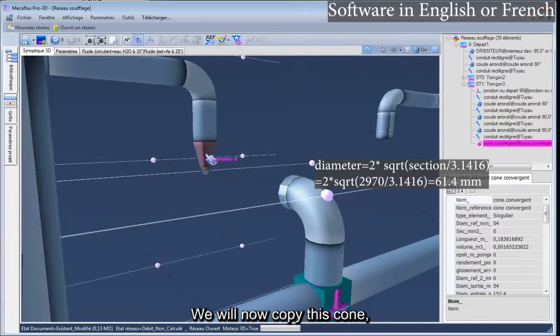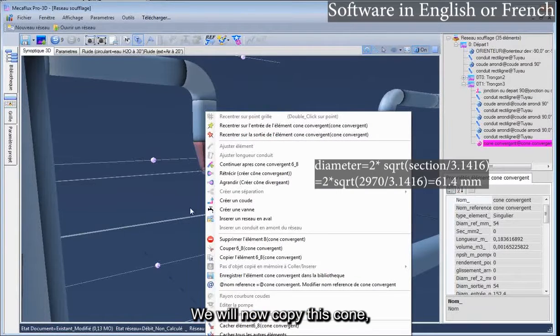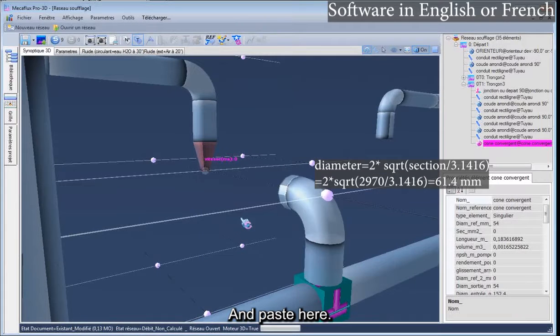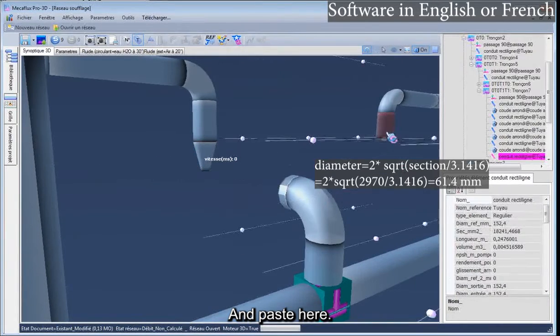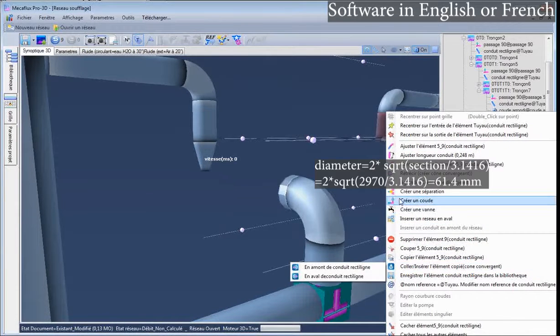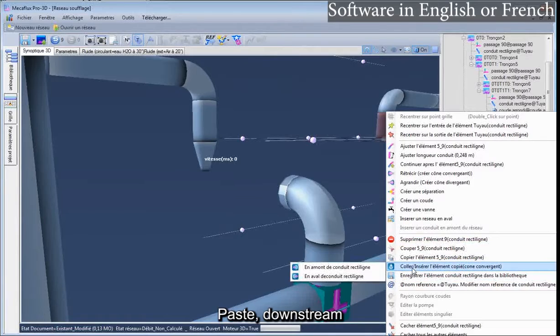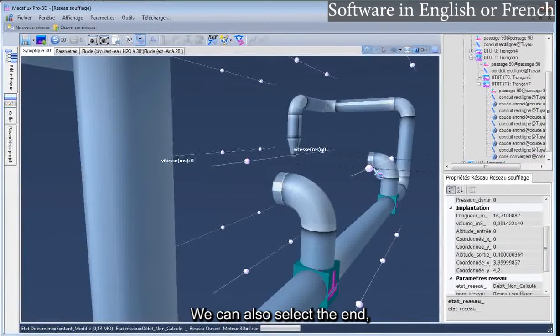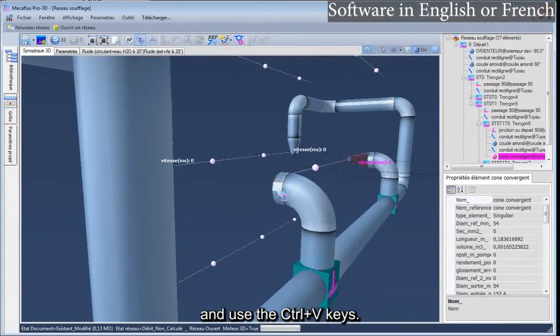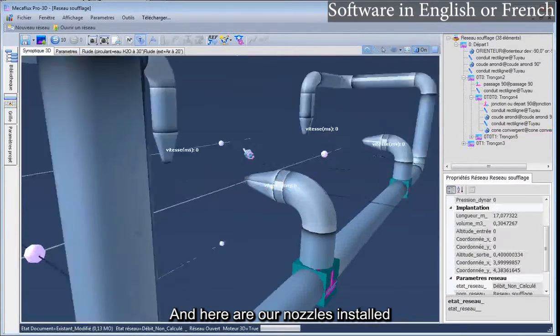We will now copy this cone, and paste here. Downstream, we can also select the end and use the Ctrl and V keys. And here are our nozzles installed.